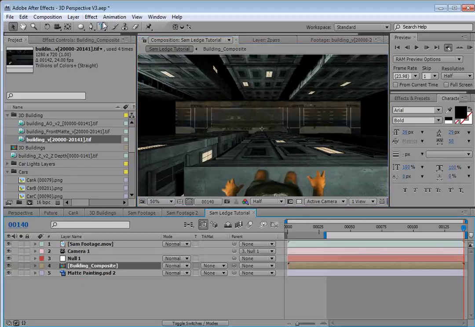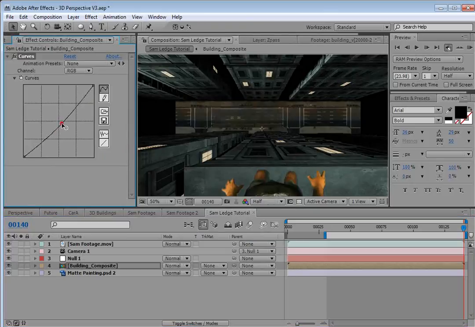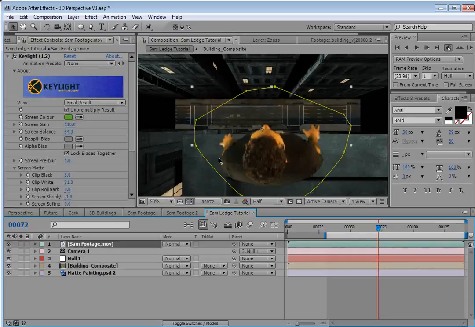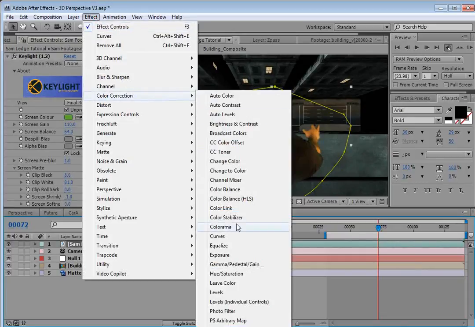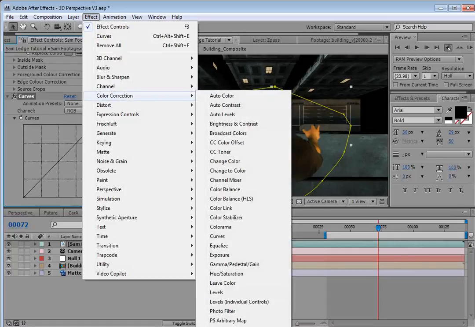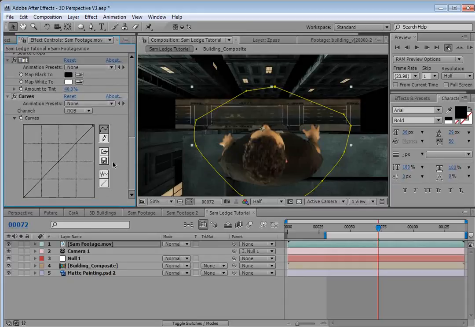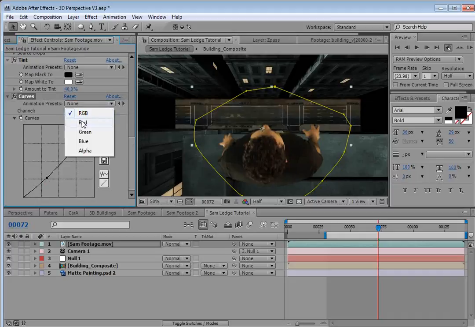Now I probably want to color correct this a little bit. So we'll go to the curves. Maybe we'll go for something a little darker. Now I may want to add some shadows to Sam, and maybe color correct him also for that matter. So let's just add a quick curves adjustment with a tint adjustment right there at the bottom. I think it's cut off there, but quick tint, maybe 40%. We'll put it above the curves, and we just want to add a little contrast and try to match our scene a little bit. Now we'll go to the red channel and bring the red down a bit,